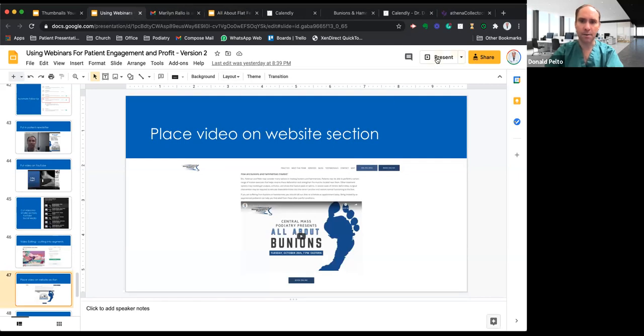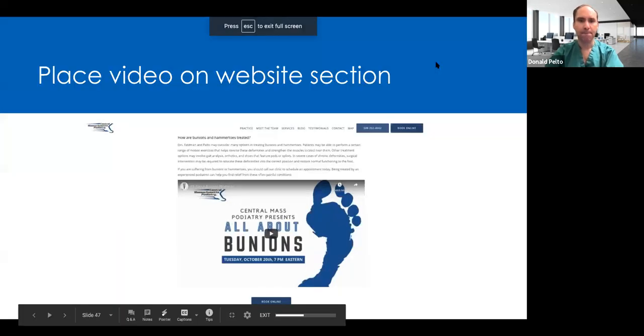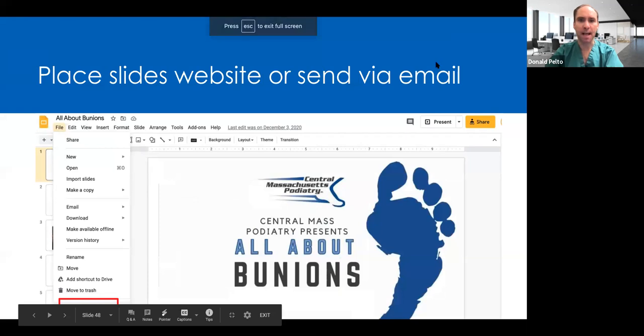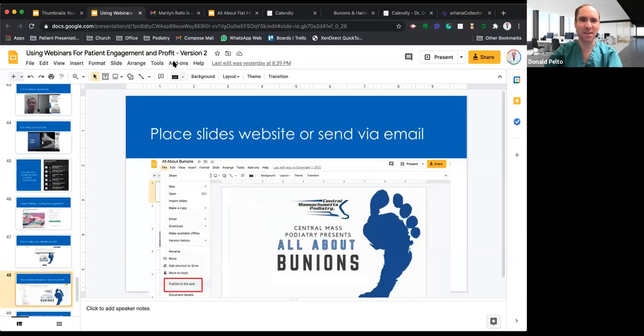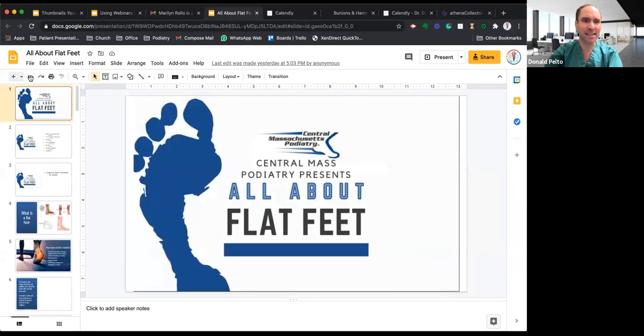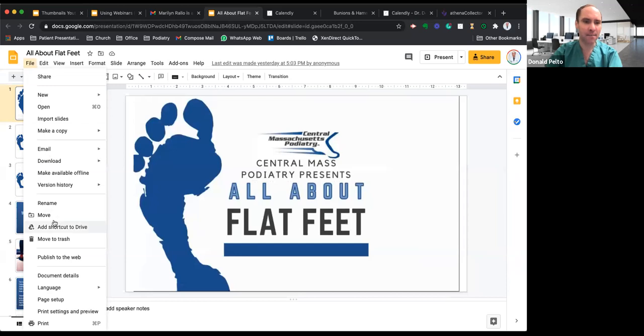And then you do that on that section. And then you can place the slides. This is kind of a neat function I wanted to show you. So you hit file and you can't see it. This might go away in a second, but it says publish to the web. This is cool. Okay. So what you do is, let me just show you here. I can actually do it. So all about flat feet, file,